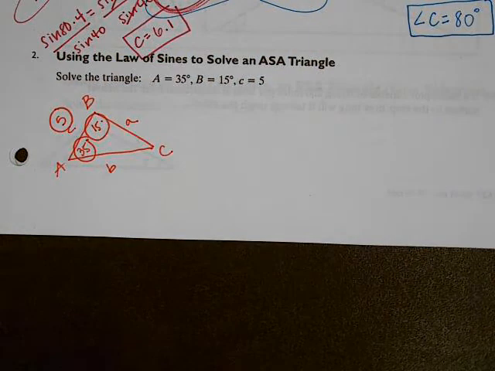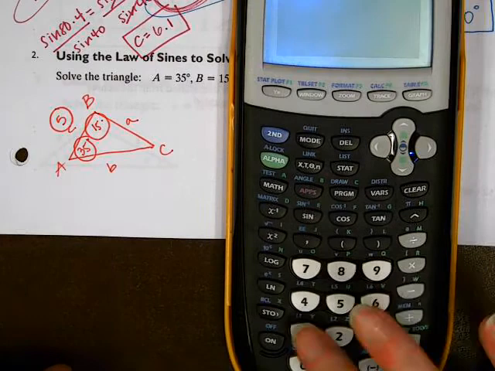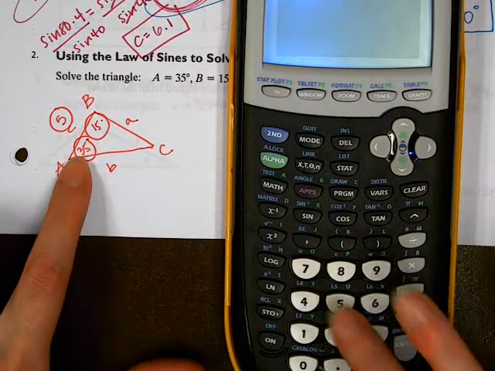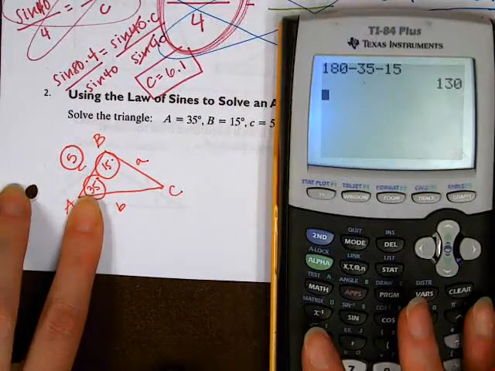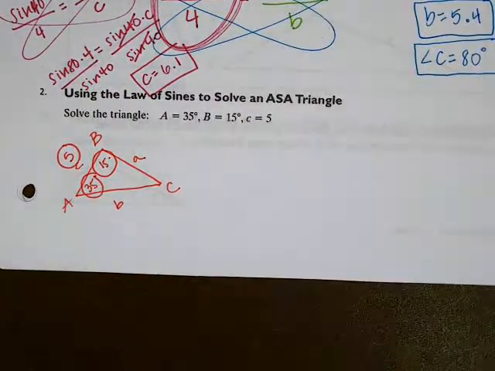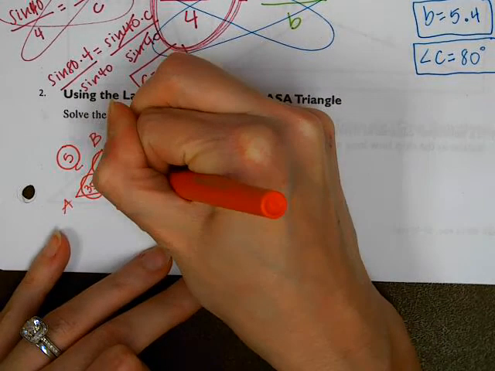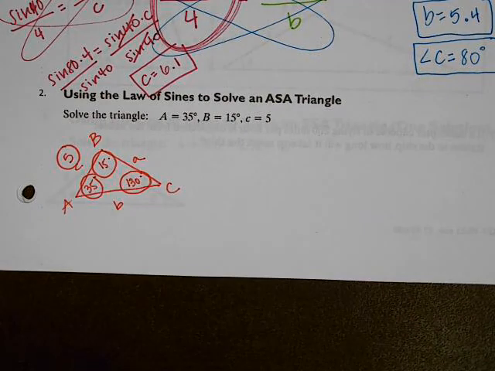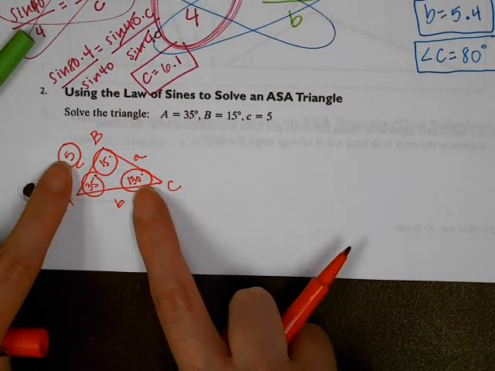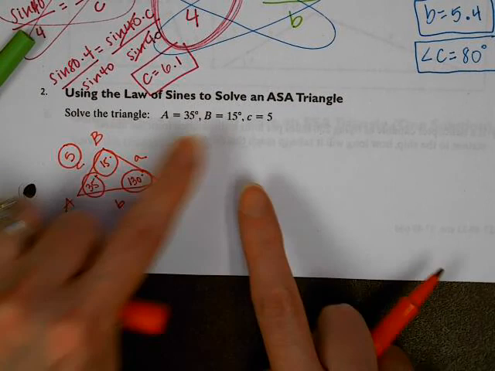So in this one, how about right away we just find angle C? So it's going to be 180 minus 35 and 15. Oh, you can't see that. And that's 130 degrees. Okay, so we probably want to do that first. Now can you guys find a pair where you have both the angle and the side? And you would say, oh, C, right? We have both the angle and the side,